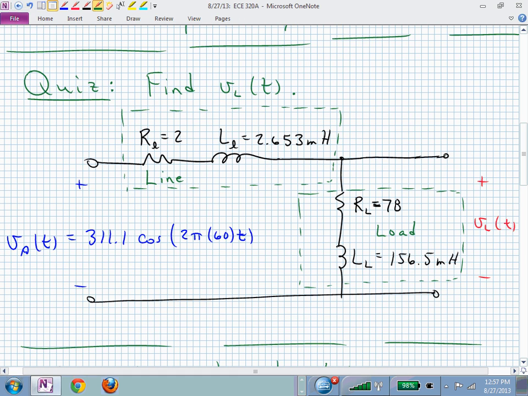The other important piece is the frequency. Somebody was saying, why don't we get the impedances? Or it would be helpful if I had the impedances. Well, the impedances are very dependent on the frequency. And the frequency, omega in angular frequency, radians per second, is 2 pi 60, 120 pi. And pi,